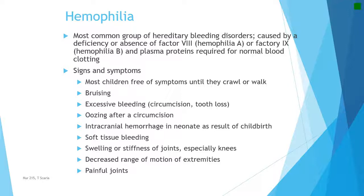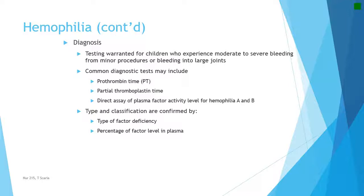Then excessive bleeding after circumcision or after tooth loss, then oozing after a circumcision, intracranial hemorrhage in neonates as a result of childbirth, because when the child's head passes through the vaginal canal, the head gets compressed, right, and you will see the overlapping of the sutures, molding, all that. So there is a possibility of intracranial hemorrhage in neonates during this birthing process. Then soft tissue bleeding, swelling or stiffness of joints, especially knees, decreased range of motion of extremities, painful joints, and the diagnosis is made by